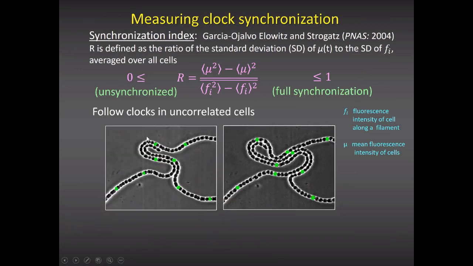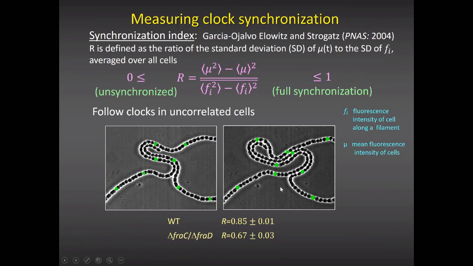So at left, you can see here, for example, the filament. We follow the growth of the cells, but we choose cells that are uncorrelated. So we took enough distance, at least 10 cells, between the cells that we chose to analyze. And when they grow, you see that this distance increases.